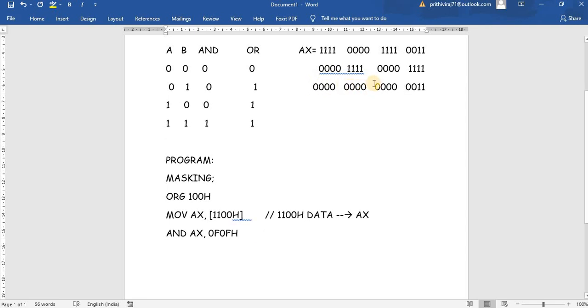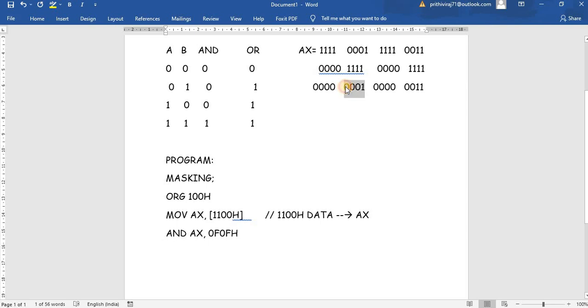So what is the output over here? Wherever we do the AND operation with 0, that corresponding bit has been masked. So this 1 1 1 1 has been masked to 0 0 0 0. But if you see here, the second input is 0001. Suppose I have given 0001, the output is 0001, so this bit is not masked. These 4 bits are not masked.